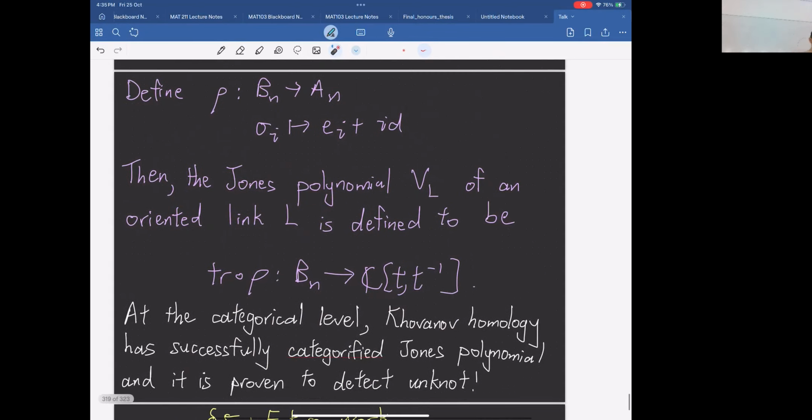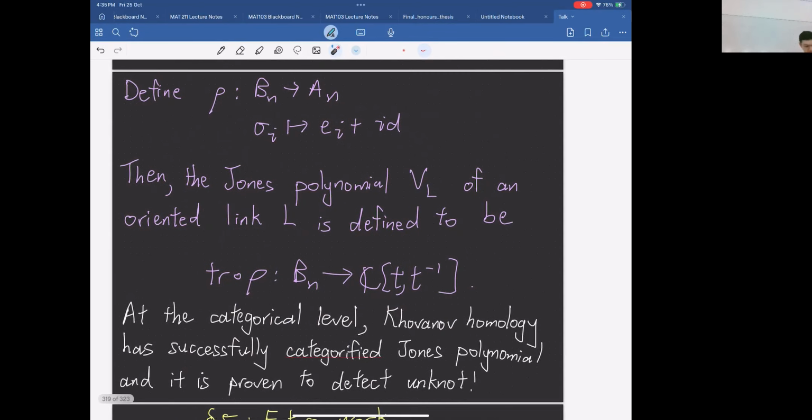So there is a successful case. At the categorical level, Khovanov homology has successfully categorified Jones's polynomial. And it is proven to detect the unknot. So meaning what? Meaning if your knot has the same Khovanov homology as the unknot,